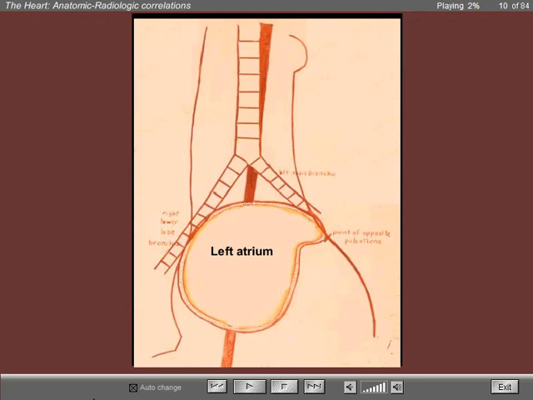This is the sketch of the left atrium. Note that it is a disc-like structure which occupies the most dorsal portion of the heart. Note that it can touch the right heart border, particularly when it is enlarged, adding another arch to the right heart border. Note that the left auricular appendage projects